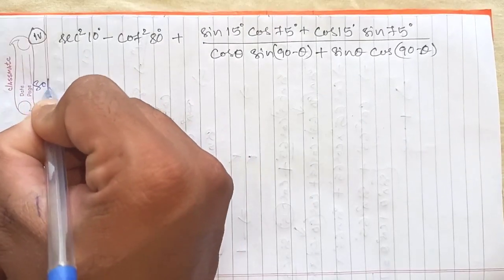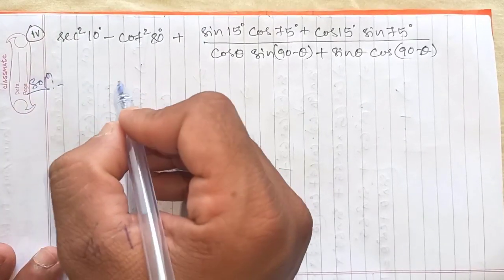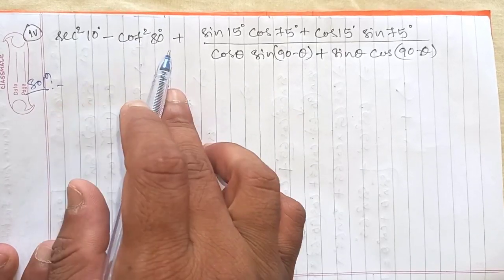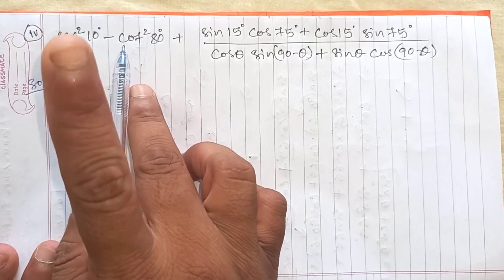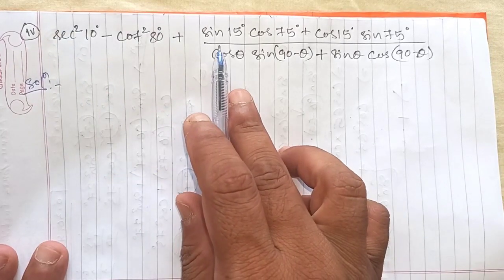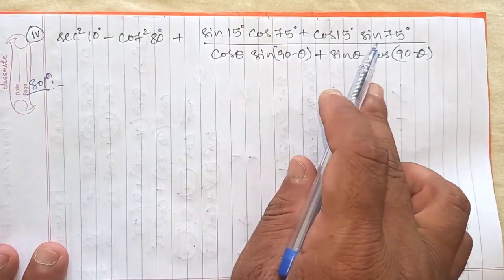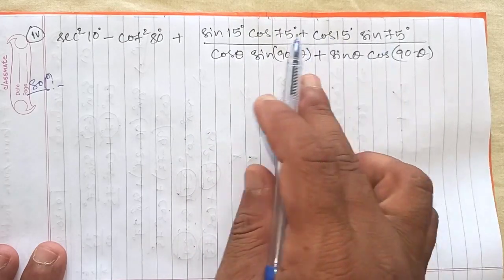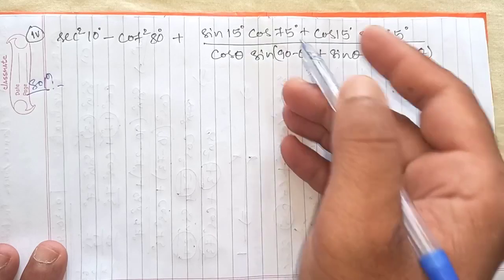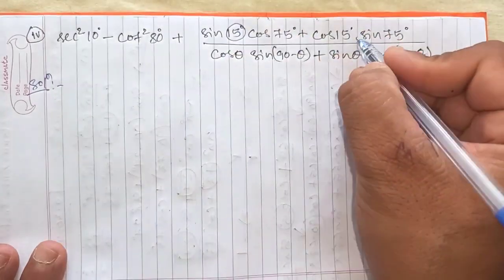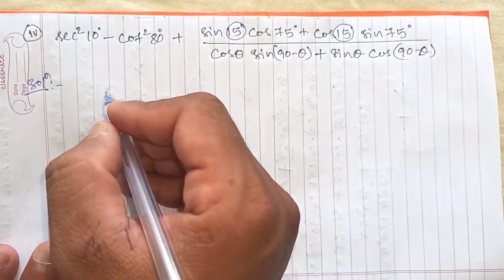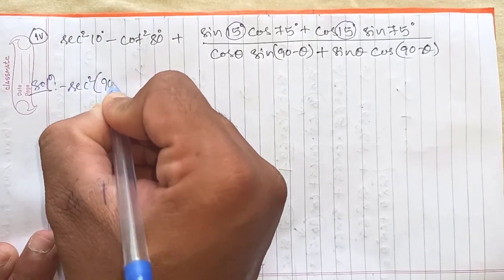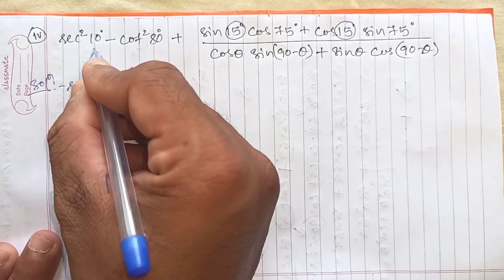Okay, so first of all we will see by adding which 2 degrees we will get 90. So it is clear that 10 plus 80 is 90. So out of this we will change any one. Okay, similarly, as in the type of question we solved, I said either you change the same degrees, either 15, or you change 75 degree from both the sides. So from both sides I will change 15 degrees. Okay, and we will see what we are getting. Okay, first of all, sec square 90 minus 80 is 10 degree.